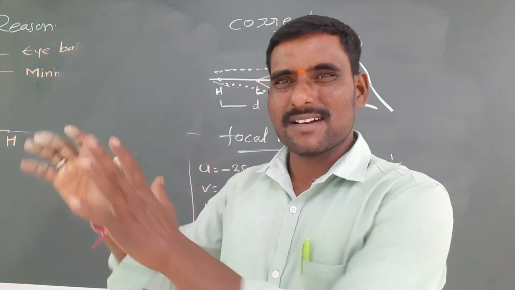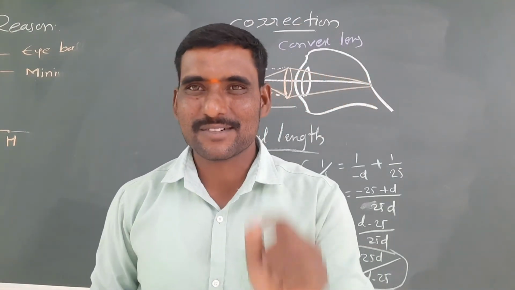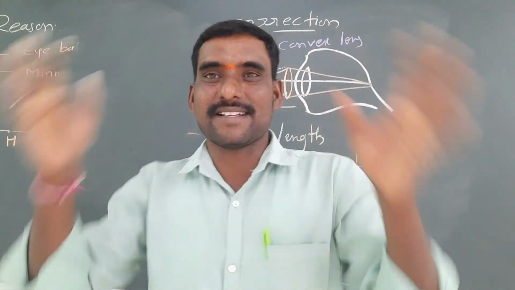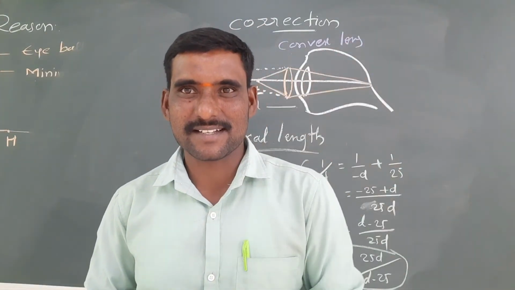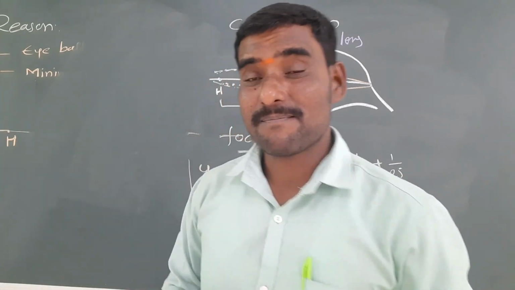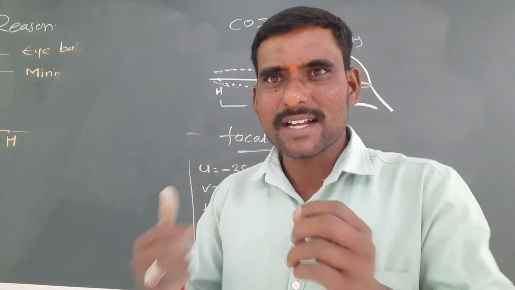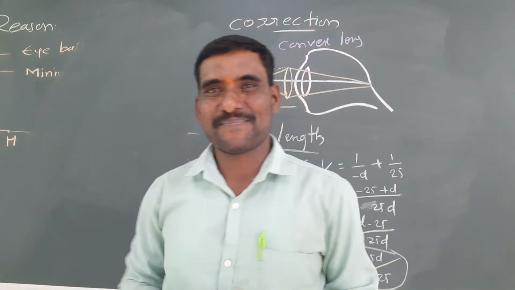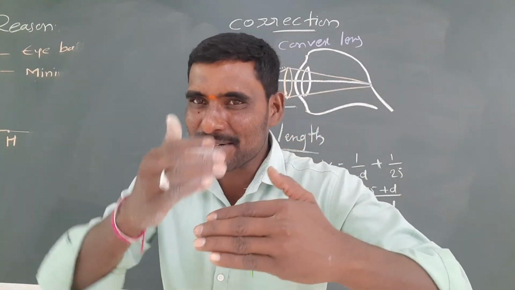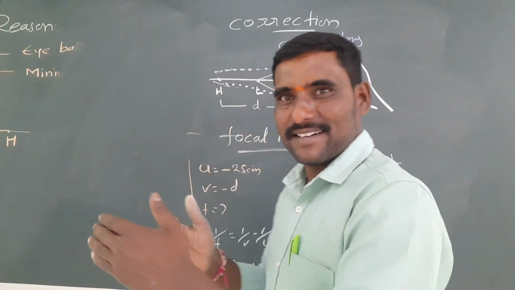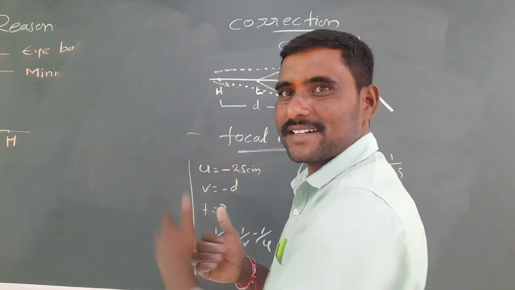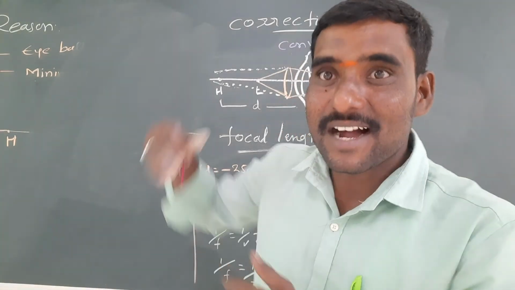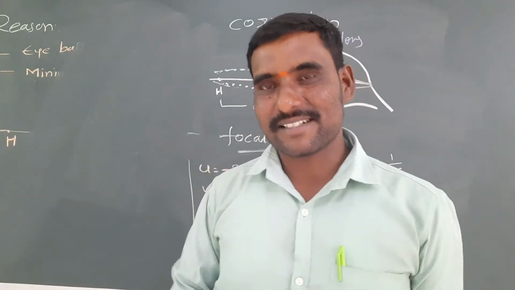Now next, presbyopia is there. No need for diagrams, we will simply go on for 2 minutes. Presbyopia means the vision defect that comes with age. If old persons are there, presbyopia will come for them. Presbyopia means what, sir? They can't see near, they can't see far. Both they can't see. They can see only a particular distance. For example, they are watching at 10 meters. Only objects at 10 meter distance he can see perfectly. After 10 meters he can't see, below 10 meters he can't see.